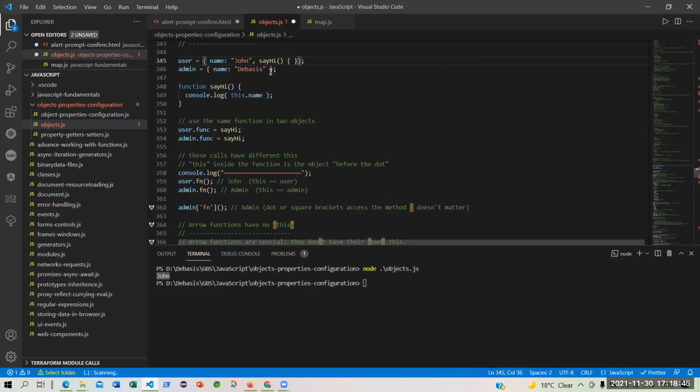No, we didn't have, but we had it separately. But now we are adding it to user with the name func. So sayHi becomes func. And the same thing under admin, we are adding the sayHi function as func. Fine.